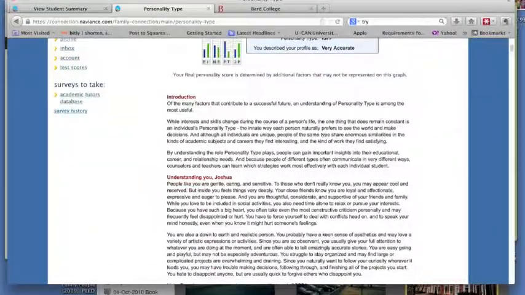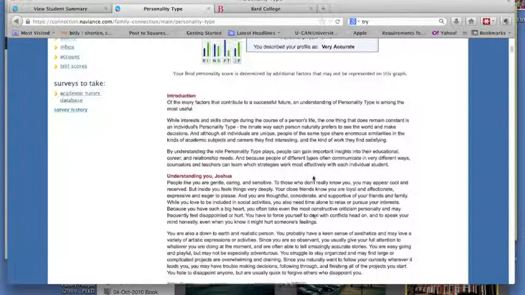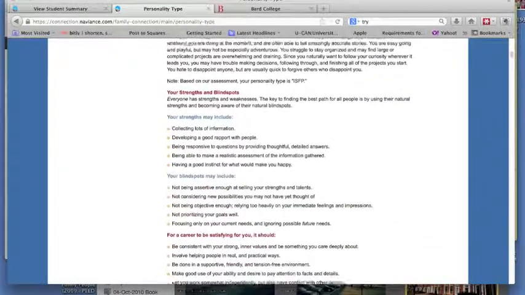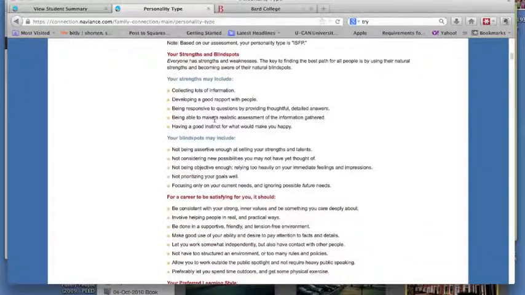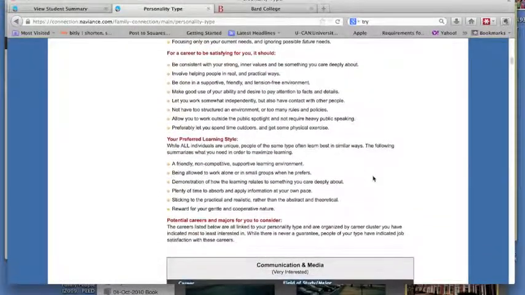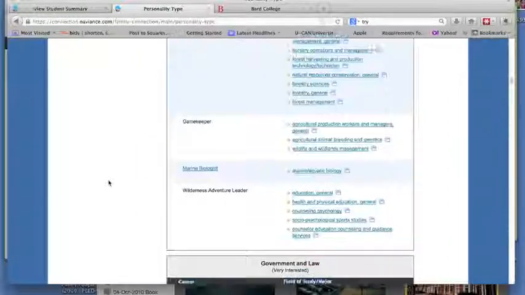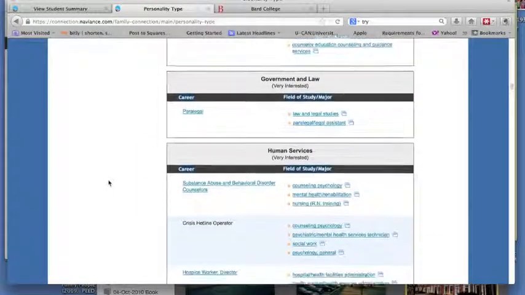These are explained here, understanding, Joshua, your strengths, blind spots, what would satisfy you in a career path, your preferred learning style, and then they go into various potential careers,